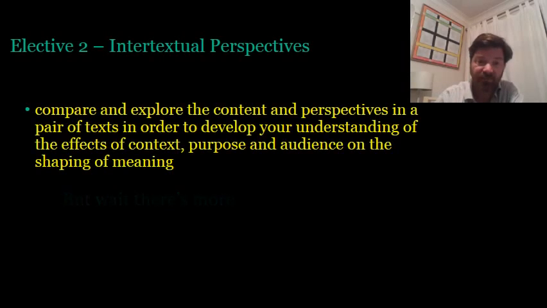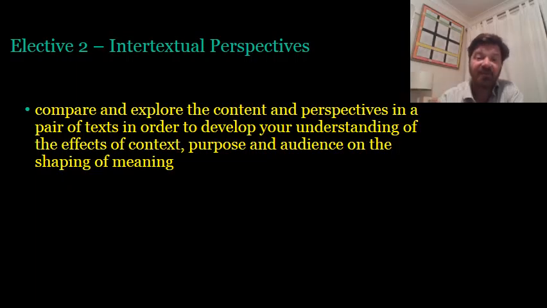Alrighty, excitingly, that's only the rubric for the overall unit. There is actually part 1 and part 2. We're doing section 2, which is Intertextual Perspectives. Okay, so basically we're looking at the content and perspectives in two texts to see how the context,